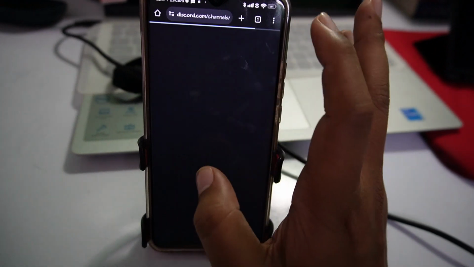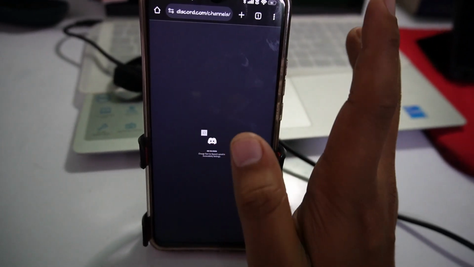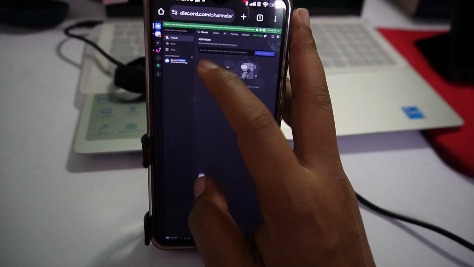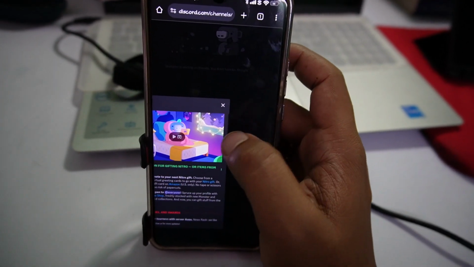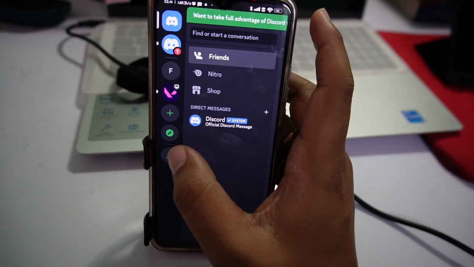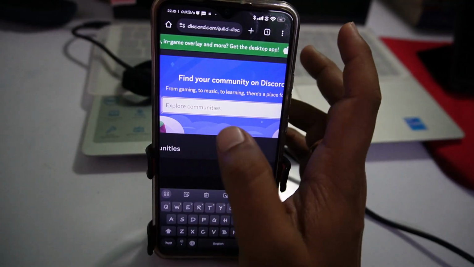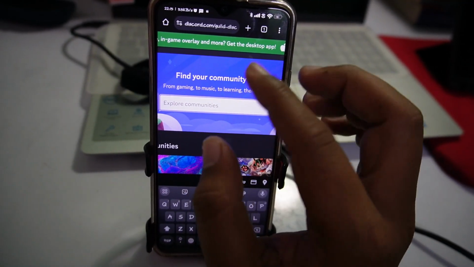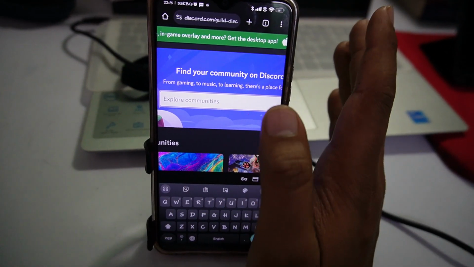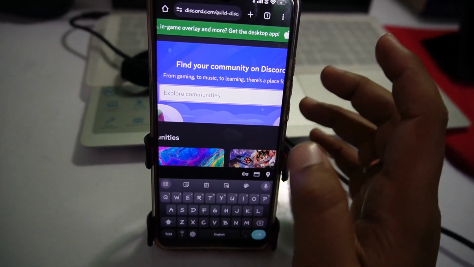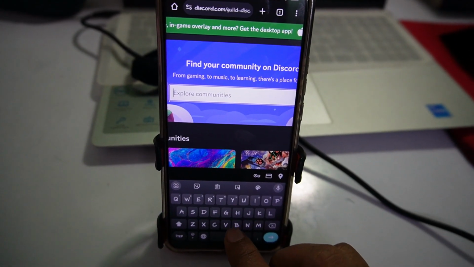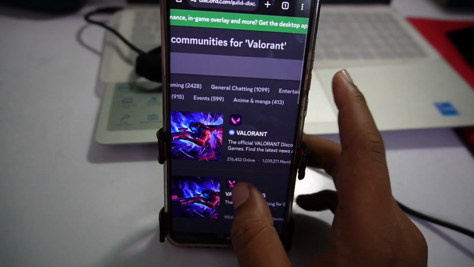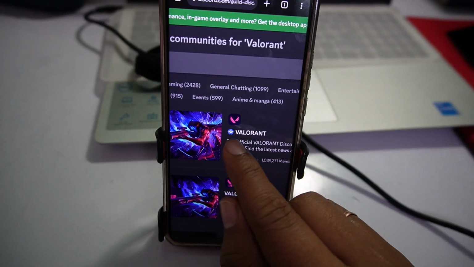First of all, it will take you to the login page where you have to log in with your username and password. And now if you want to search server or find server, you have to tap on this explorer option, and here you have to search for the server that you want to find. You can enter anything, like if I want to search for Valorant, we can see that our server has been found and it will be by